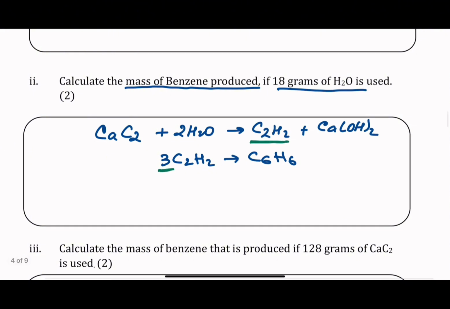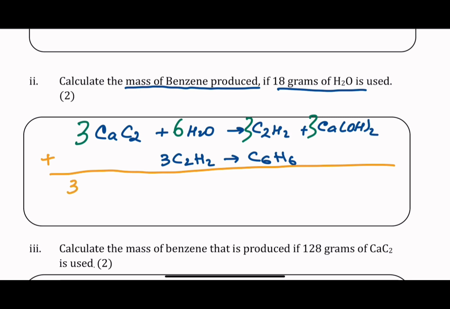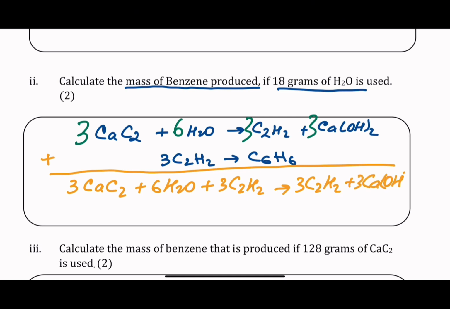which I got from here, right? So what I'm going to do, I'm going to multiply everything by 3 on the top part so I can have 3C2H2 here as well, okay? So when I multiply it, it will be 3, this will be just 6, this will be 3 and 3. Now, as in math, you can add up the chemical reactions. So when we add it, we have 3 calcium carbide plus 6 water plus 3C2H2, giving you 3C2H2, 3 calcium hydroxide, and